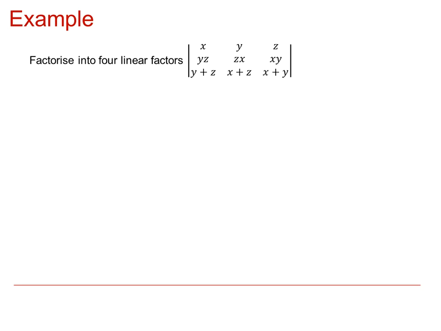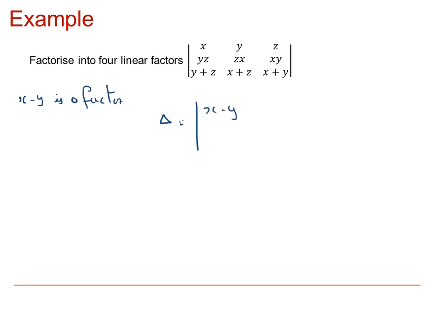Now that we know two of the factors, those same row and column operations that we used to prove those factors can be used to start factorizing the determinant itself. So firstly, we know that x minus y is a factor, and we got that by subtracting column 2 from column 1. And if we do that, we can see that delta will be equal to